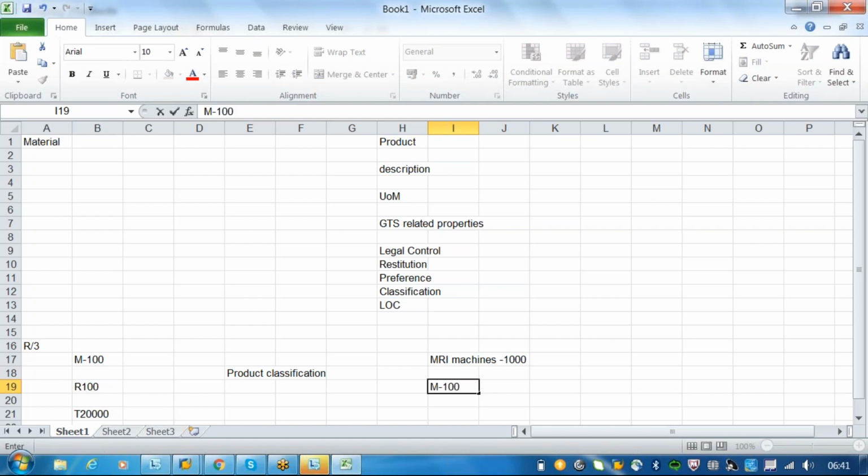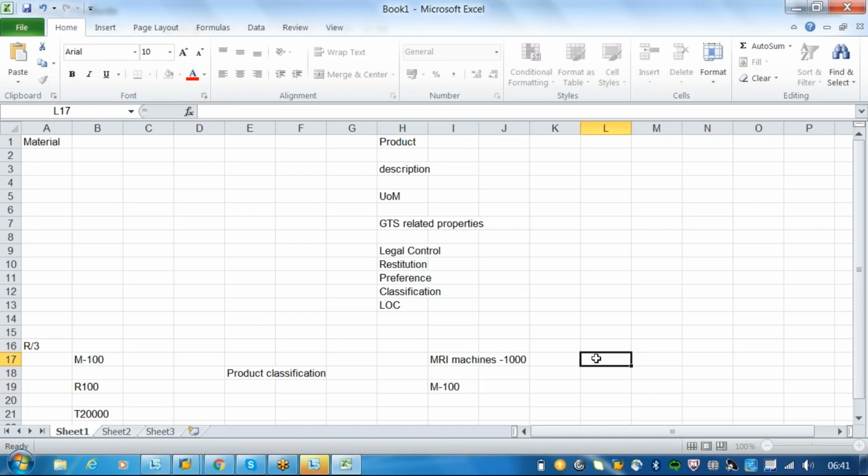How do you represent this as 1,000 quantity in the system? In R3, do you create 1,000 M-100 materials? No. But how do you differentiate?